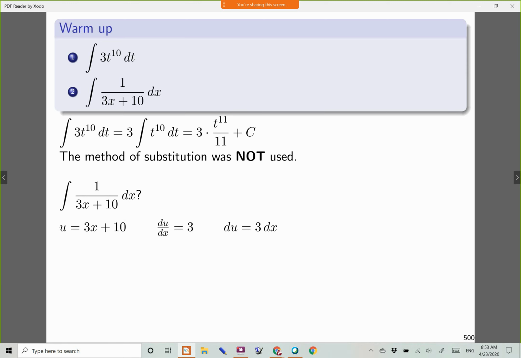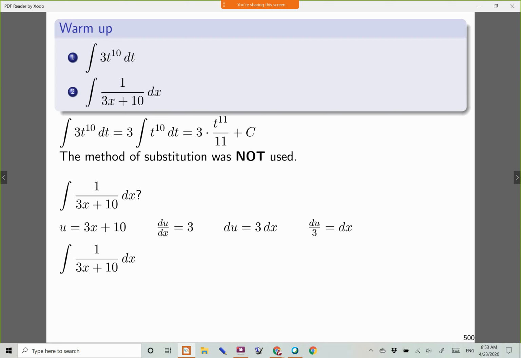Let's solve for dx, meaning we need to first multiply by dx on both sides since it was in the denominator. So you have du is equal to 3 times dx. And then one last step to solve for dx is to divide both sides by 3. So you have du over 3 is equal to dx. Now,